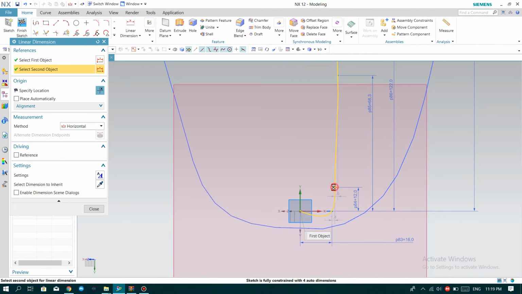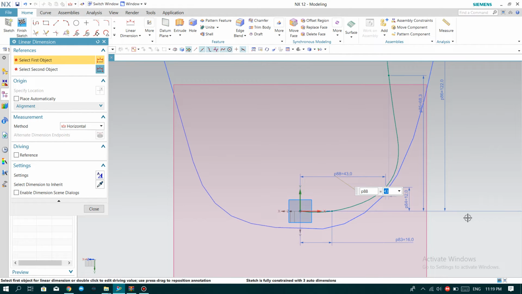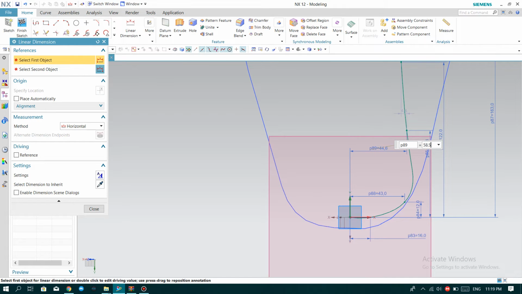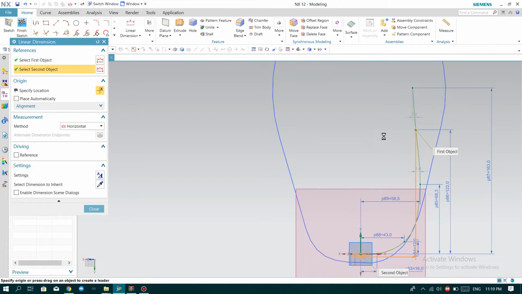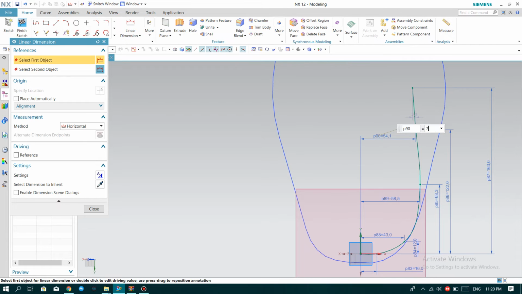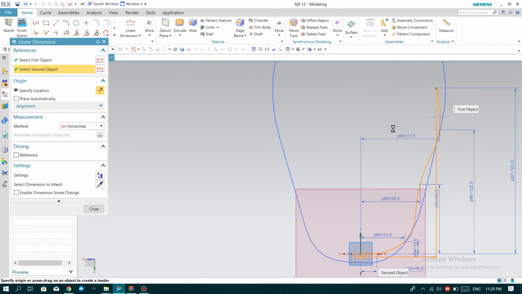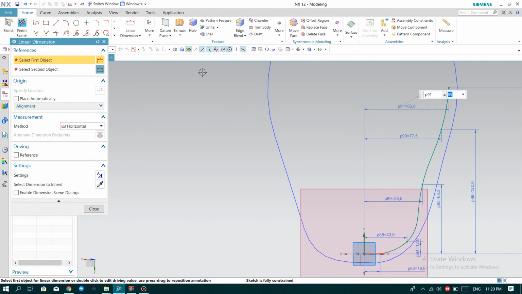and then go to set the horizontal dimension. This point and this point is 43, and this point is 58.5, and this point is 77.5, and this point is 85, sorry, and then you click OK,